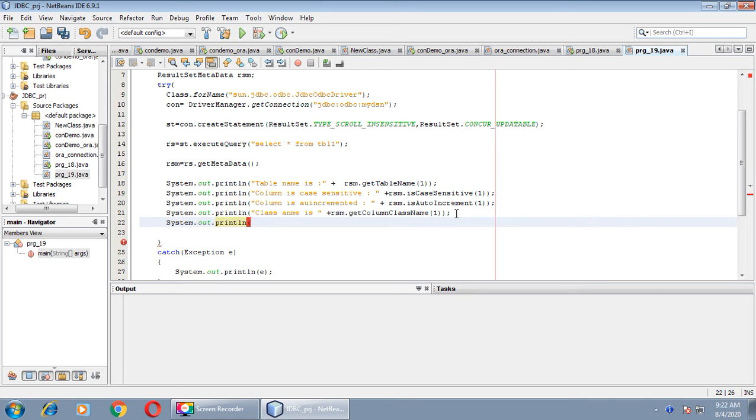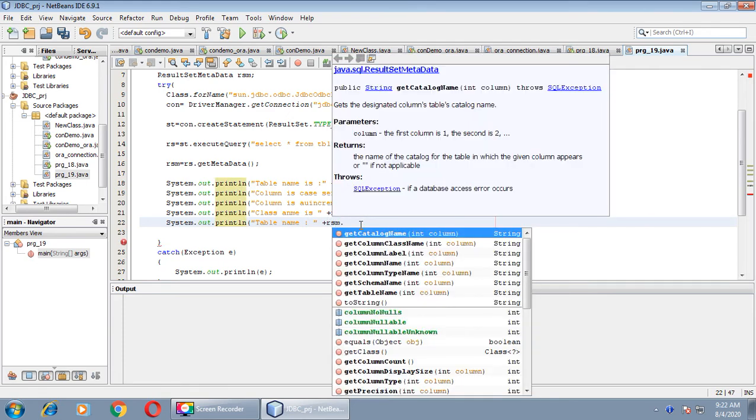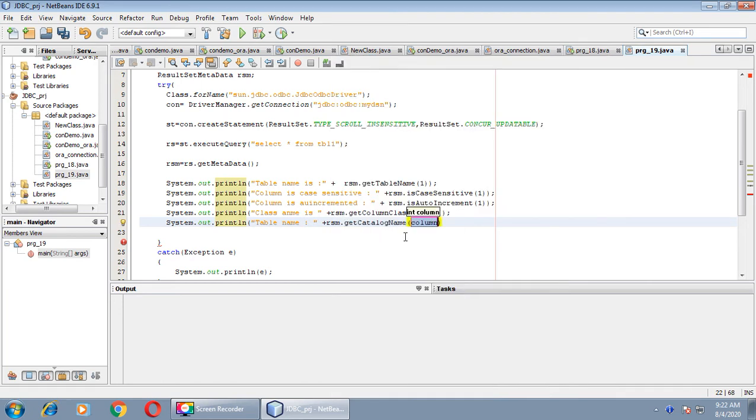System.out.println. Next we will find the catalog name, meaning table name. The table name for a particular column we can find with the help of rsm.getCatalogName. So you can get the catalog name also through this method.